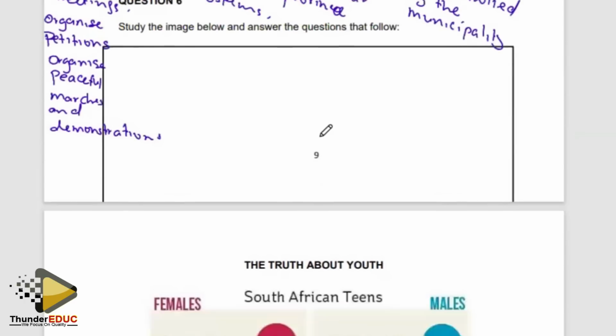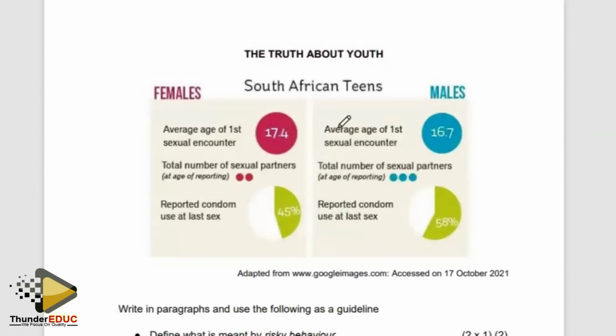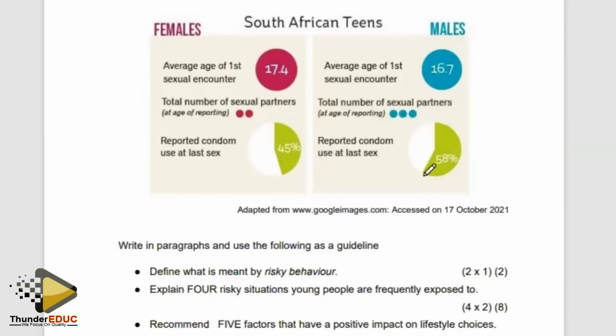Right. So, the truth about youth: South African teens, females, males, average age of first sexual encounter, total number of sexual partners at the age of reporting, reported condom use at last sex, 58%. So you look at these,